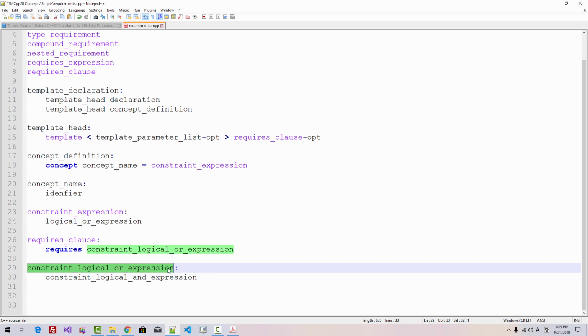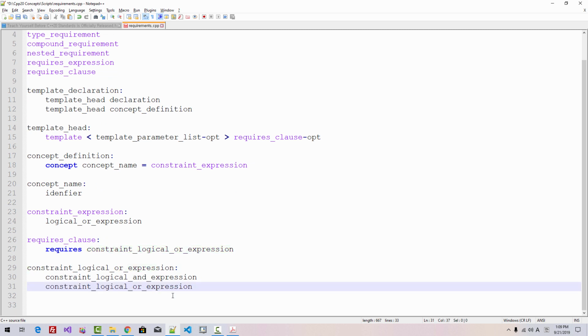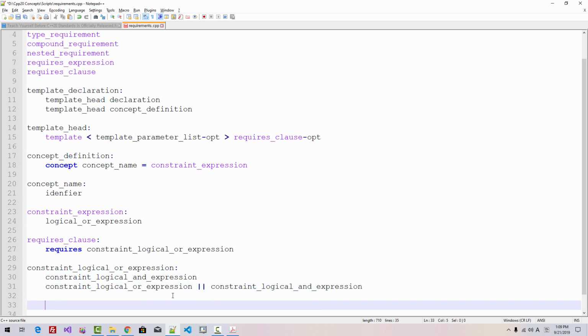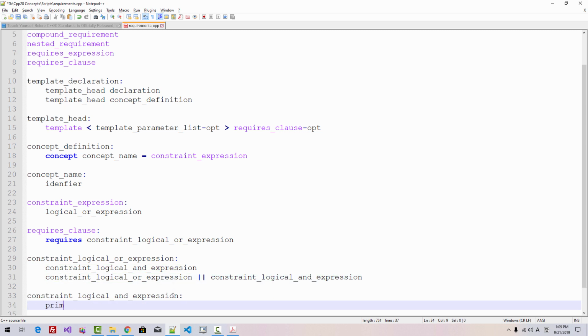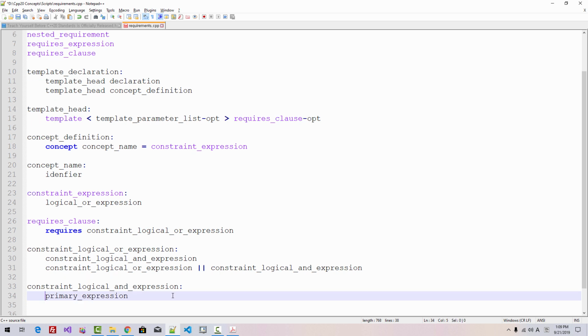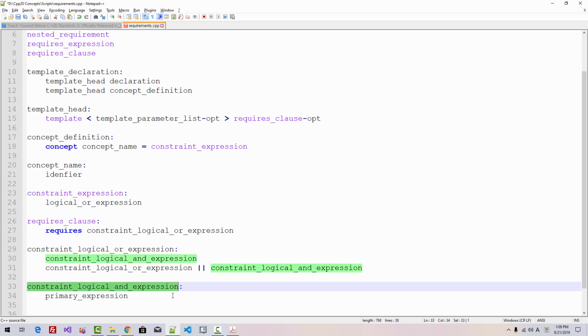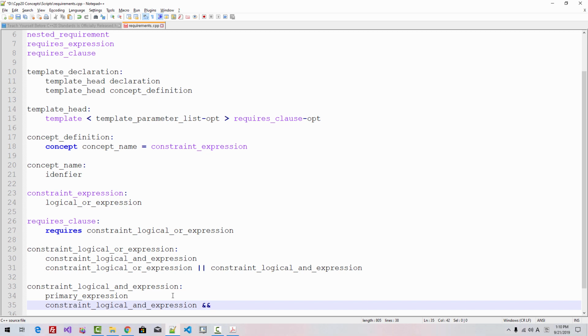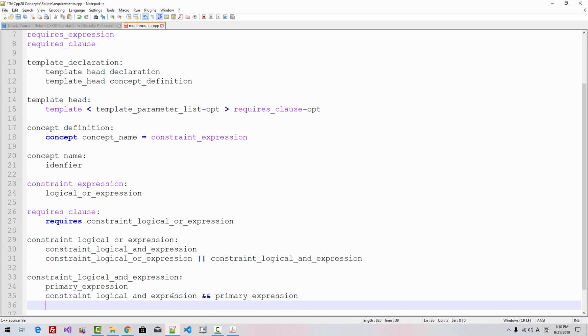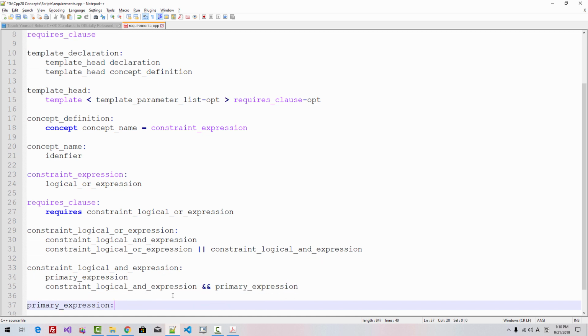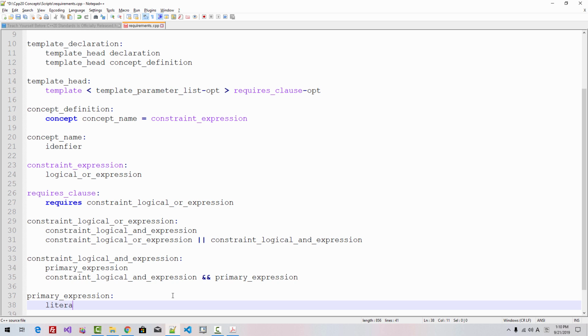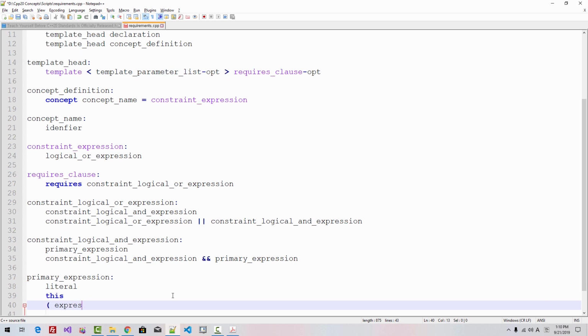So constraint logical OR expression follows OR operator, then follows constraint logical AND expression. Constraint logical AND expression is defined to be primary expression, and constraint logical AND expression follows AND operator, then primary expression. Primary expression can be literal, keyword this, expression,